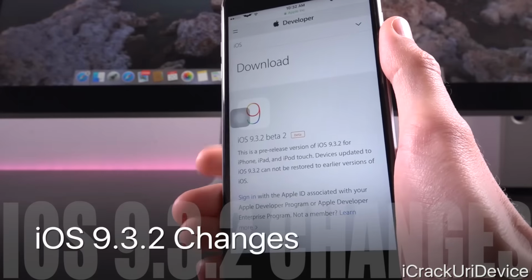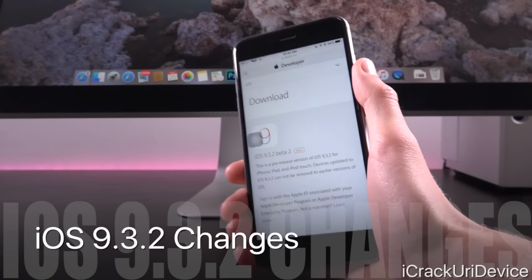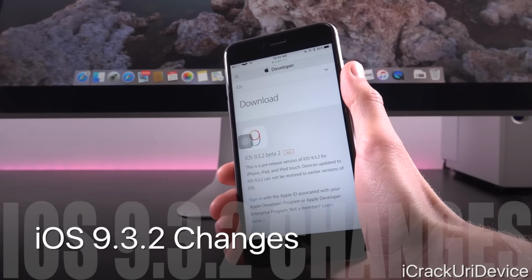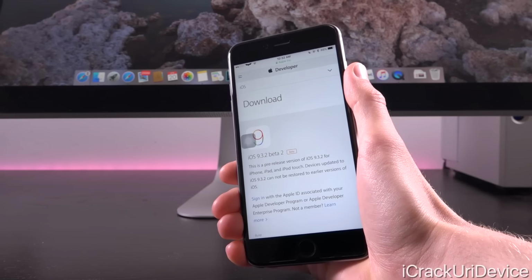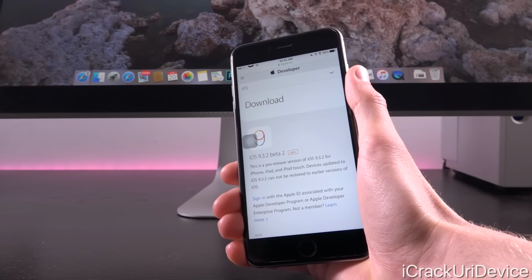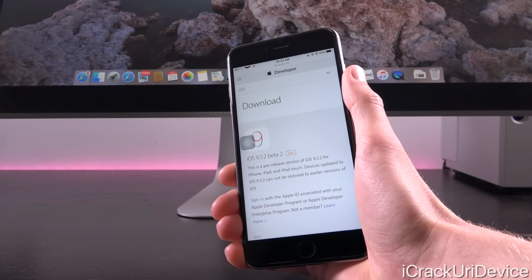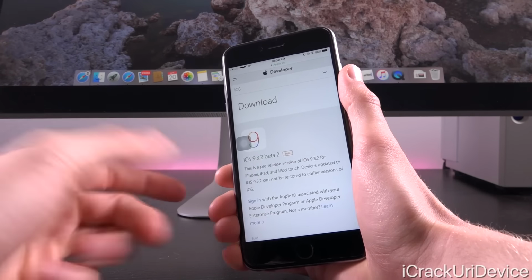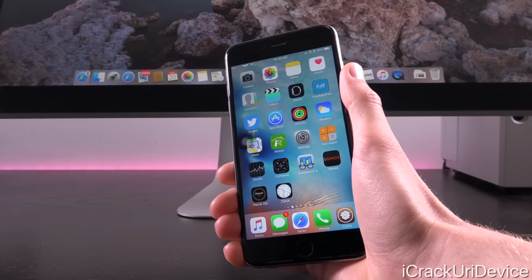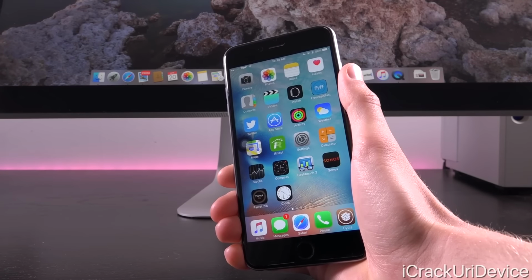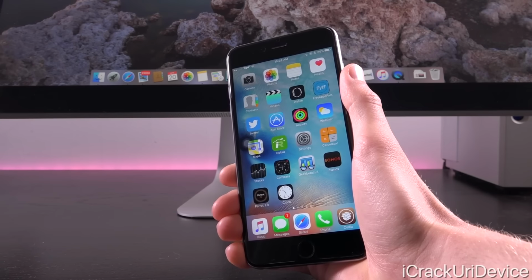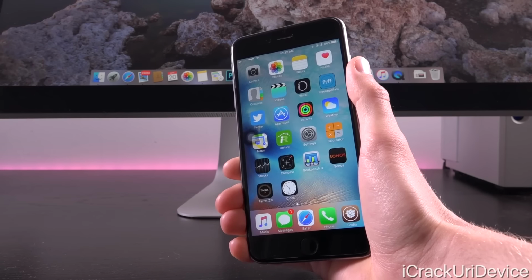Now, for those of you who are wondering what changes 9.3.2 brings to the table, unfortunately, we don't really know. See, 9.3.2 is just a very, very minor 9.3.x update in Apple's efforts to stabilize 9.3.x. In fact, in its developer release notes, all it really makes mention of are some developer-specific issues and workarounds for Dictionary, Safari, iBooks, and the iOS simulator in general.